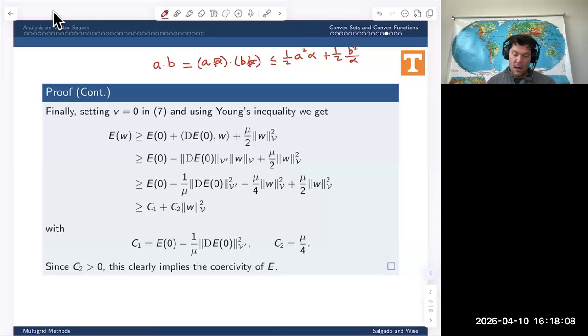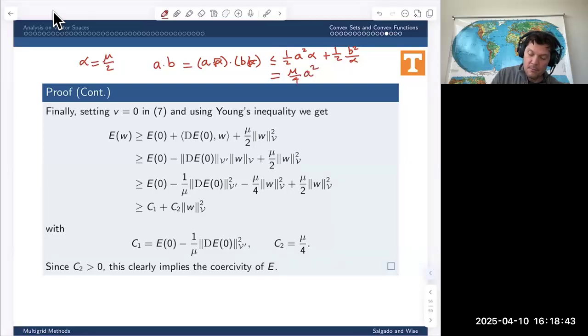All right, now I want to put, for one of these terms, there's no mu here. There's no mu at all here. So let's choose to operate on this guy. And let's say I want to make alpha equal to mu over 2. If I do that, then the product of this and that is going to be mu over 4. So let's let alpha equal mu over 2. And then I get mu over 4